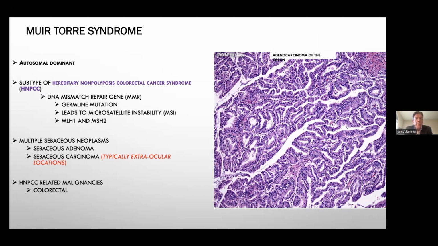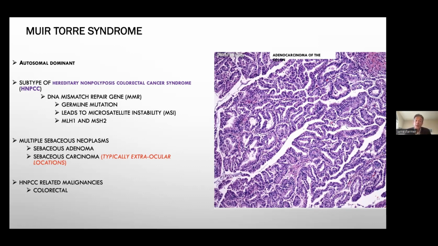But anyways, more commonly in Muir-Torre, it's the MLH1 and MSH2 that are positive. It's seen with patients who present with multiple sebaceous neoplasms, either sebaceous adenoma or sebaceous carcinoma. But interestingly, the sebaceous carcinomas in Muir-Torre are commonly extraocular and not ocular. As a matter of fact, in my career, I have not seen a Muir-Torre syndrome diagnosed from an ocular sebaceous